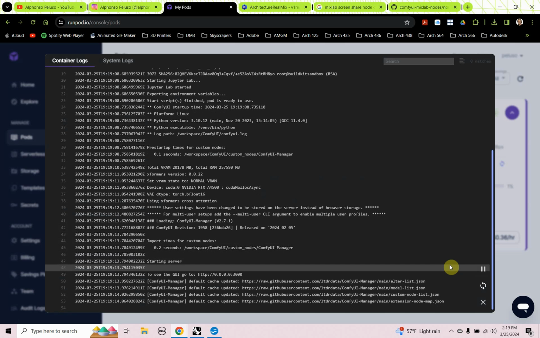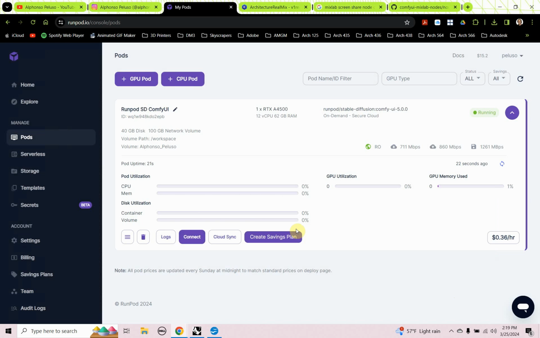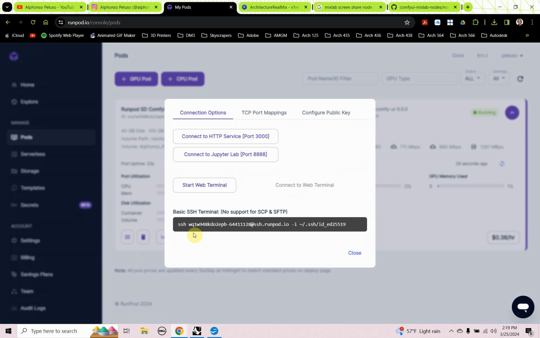And this goes pretty quickly. If you used Automatic 1111, you know Automatic 1111 can take some time. But this goes a lot quicker. So I'm going to go to connect. Okay, so I'm able to connect to both of these. So I'm going to connect to the HTTP service